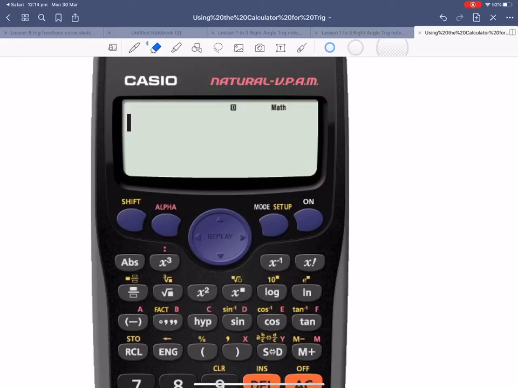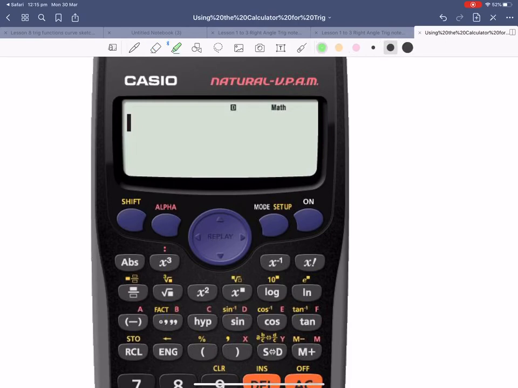Before we try and use the calculator for any trigonometry problems, we need to make sure we can efficiently find the new buttons that we'll be using in this topic, but we also must ensure the calculator is set into the right mode. If you don't check this before getting started, then you will find you'll have every single answer incorrect. So first of all, the buttons that will be new to you in this topic are these sine,